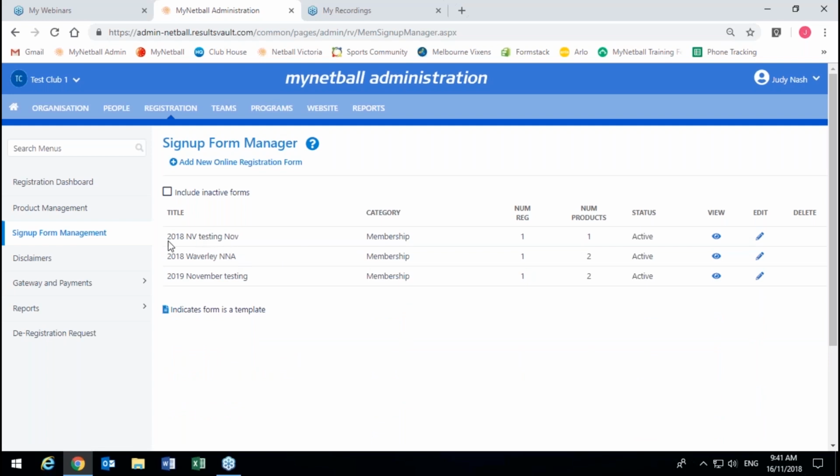So I'm just going to show you how you would create a new registration form just to show you the process. But if you were going to edit it and roll it into the new year, you would just click on this edit pencil and it would bump you in to one step beyond where we're going. So if we